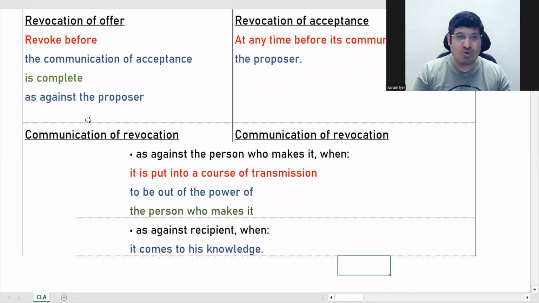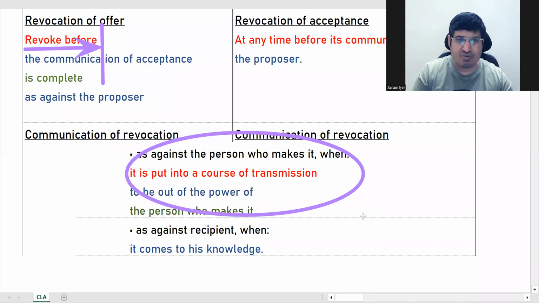कम्युनिकेशन ऑफ रेवोकेशन के ऊपर ये देखा जाता है कि दोनों के लिए सेम सेट ऑफ पॉइंट्स है, ठीक है। आपके नोट्स में ये भी रहेगा और ये भी रहेगा, बोथ पॉइंट्स आर एग्जैक्टली अलाइक, ठीक है। सो कम्युनिकेशन ऑफ रेवोकेशन में ये मैंने बोला कि फर्स्ट पॉइंट में वो कब कंप्लीट होगा? अगर ये रेवोक दोनों कर सकते हैं, ऑफरर एंड एक्सेप्टर, सो व्हेन दिस पर्सन इज रेवोकिंग, इसने रेवोकेशन का लेटर पोस्ट कर दिया यहाँ पे, ओके, दिस इज द पोस्ट बॉक्स, यहाँ पे पोस्ट कर दिया, तो यहाँ पे कम्युनिकेशन कंप्लीट हो गया इस पॉइंट में, ठीक है।